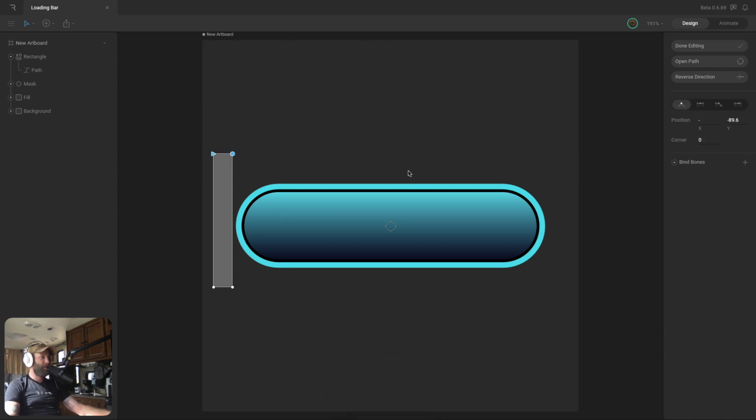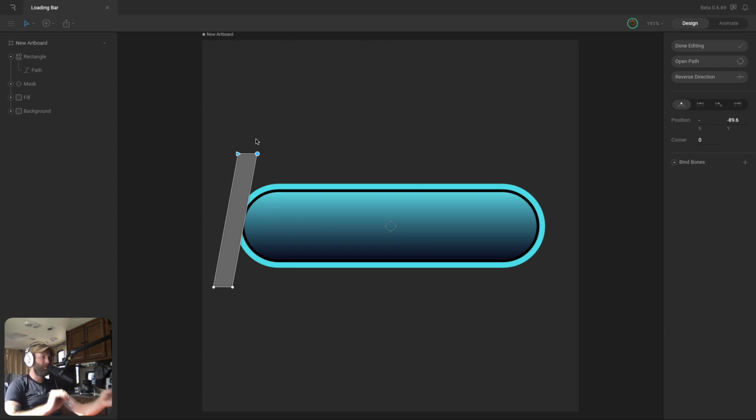So I'm going to select the top two vertices here and just use the X property in the inspector to make a slanted rectangle. Now, what I'm trying to do is line this vertex up with this one. So maybe I need to go over just a little bit more. That probably looks about right.